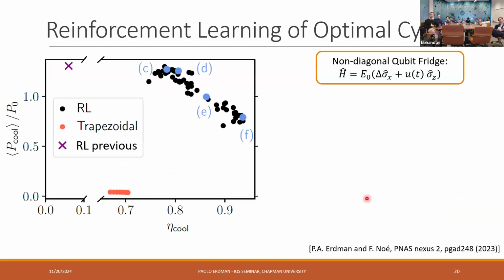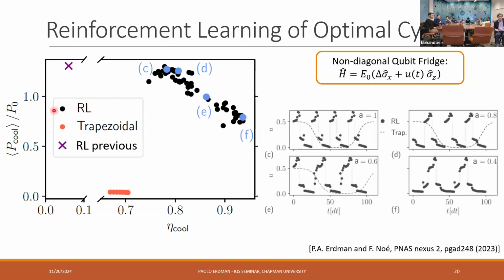So then we studied the same system, but this time finding these trade-offs between power, cooling power, and the efficiency, so actually this coefficient of performance. So here we did this optimization many times, and each dot here is a separate cycle. So if you take cycles up here, you have high power, but you have a corresponding low efficiency. And as we move along this curve that is called the Pareto front, we go to solutions where we have higher efficiency, but we're paying the price of having a lower power.